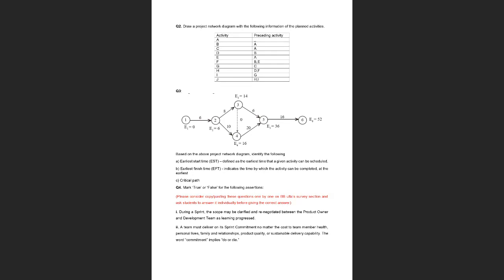So a sprint is basically, we have a marathon and then we have 100-meter, 200-meter races, right? So a sprint is like the smaller races. In Scrum we have smaller work packages, and the total work is broken down into different small work packages known as sprints, and then it is delivered that way. So that is the main difference.